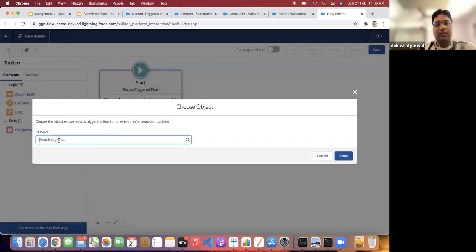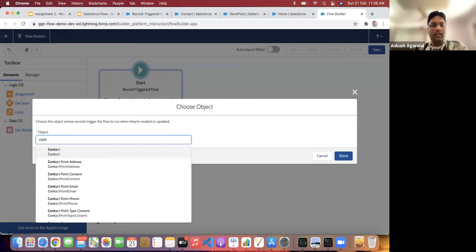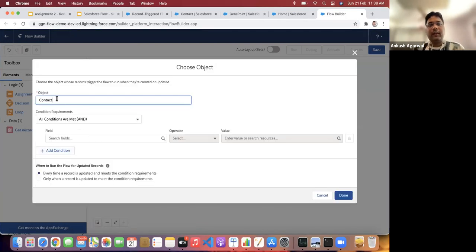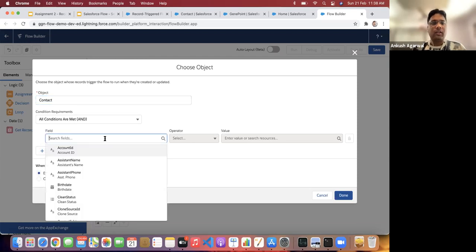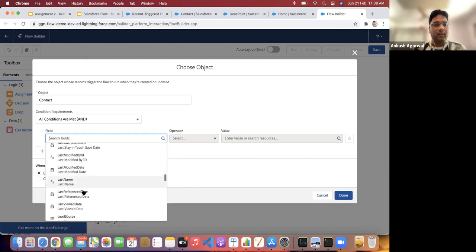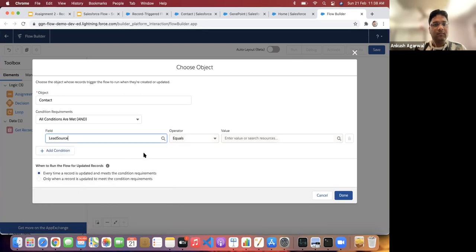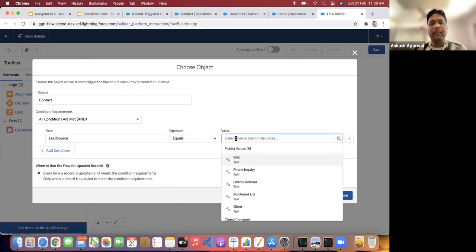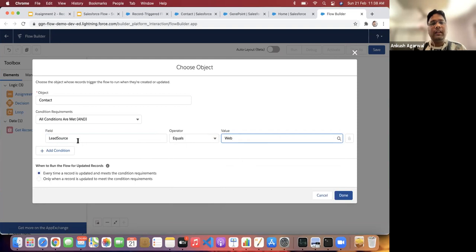Now I'm selecting the object, which is contact. Whenever we create any contact, we have to make sure the level is updated based on the account. You can add some condition here if you want. Let's suppose I want it implemented only for leads which come through the web.